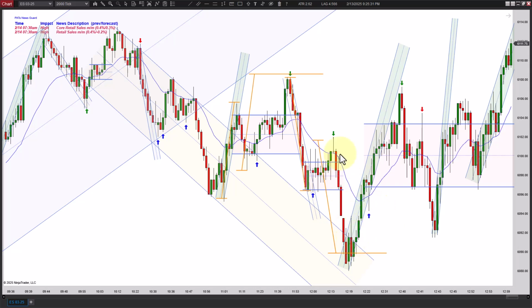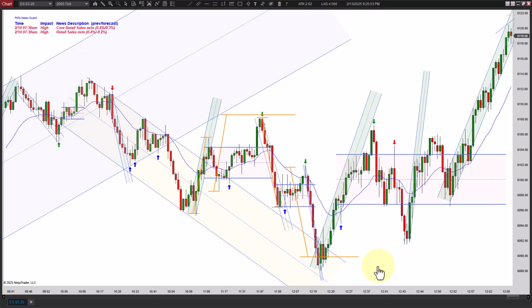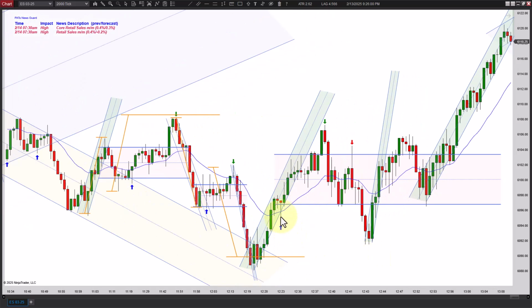Now there is a second entry long here, and if you draw this channel, I believe you get a break and a new low on that one, all on one bar. Usually I don't draw these retest channels, but you might want to draw it in this case since you got your two measured legs down. So a break above that bar is a second entry long, but it's an inside bar. And it looks a little up and down there. So I just sit tight, and then you pull back here, and that's a second entry long.